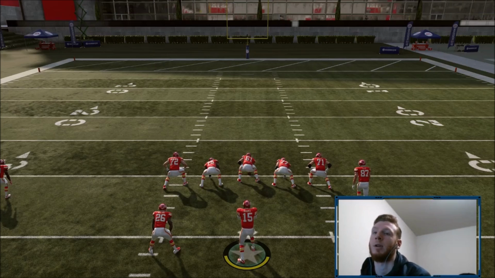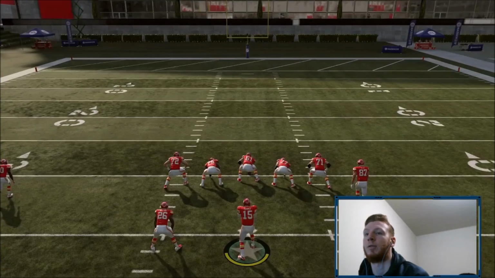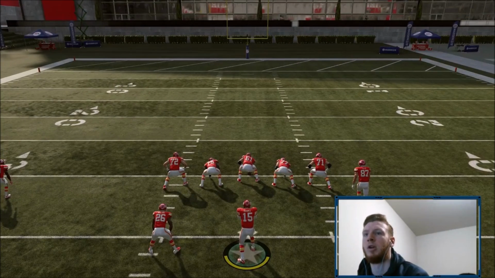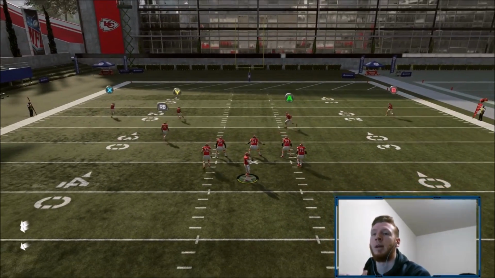Today I'm bringing you guys a video that several of you guys have been asking me about. All the time in the streams I get asked, how do I run with my quarterback, what buttons do I press, stuff like that. So I'm just going to basically be giving you guys the basics and then a little bit more advanced stuff about how to run with your quarterback. So first and foremost, I'm just going to go through the buttons. A lot of people, when they drop back and they want to run, just hold the sprint button,